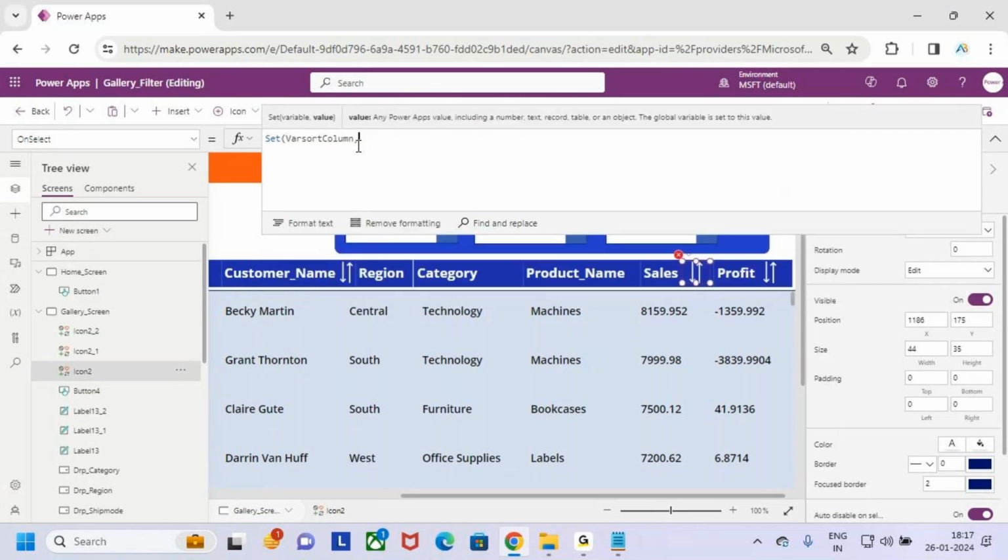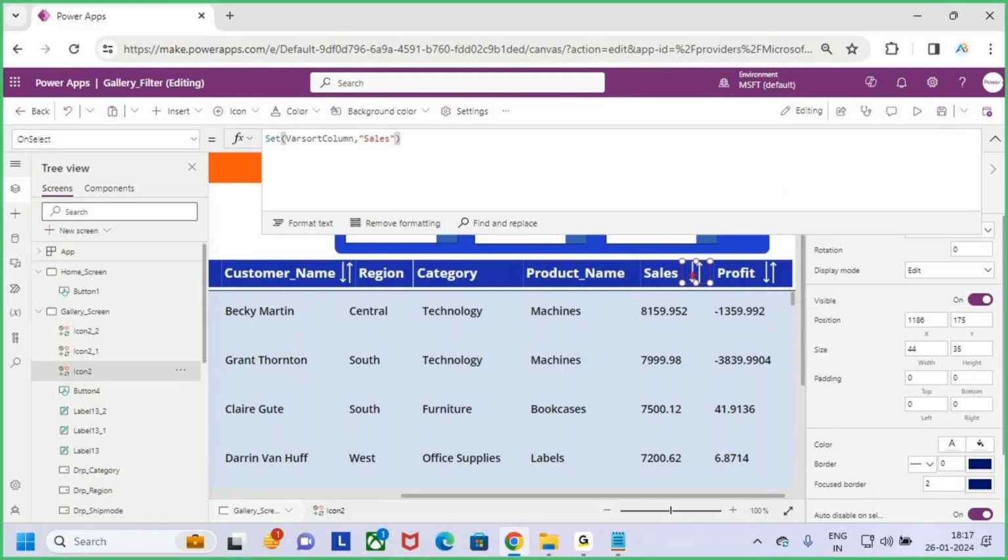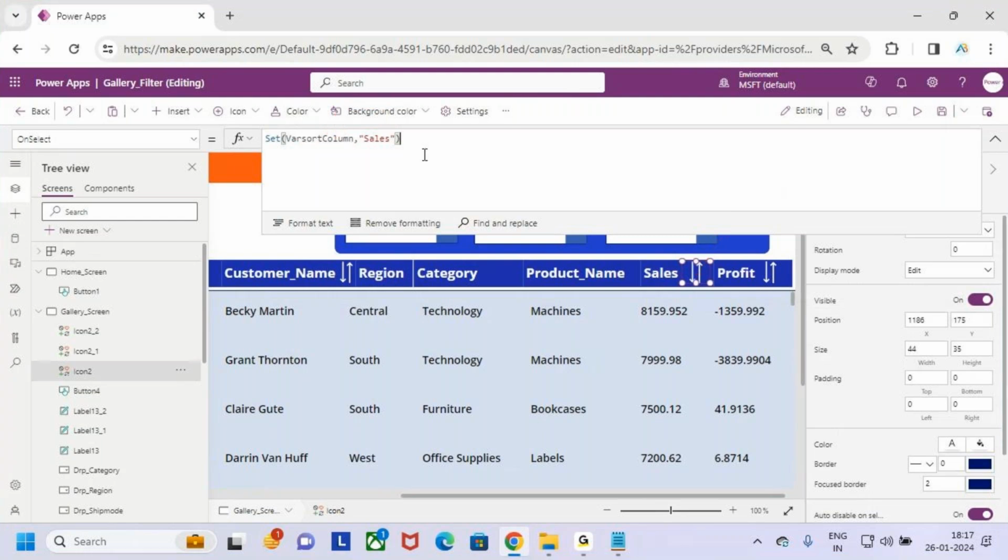What's the value I'm going to assign to this variable here? Sales. So whenever I click on this icon, what needs to happen? It needs to declare one variable. In that variable, what value am I storing here? The sales value. And also in the same way,